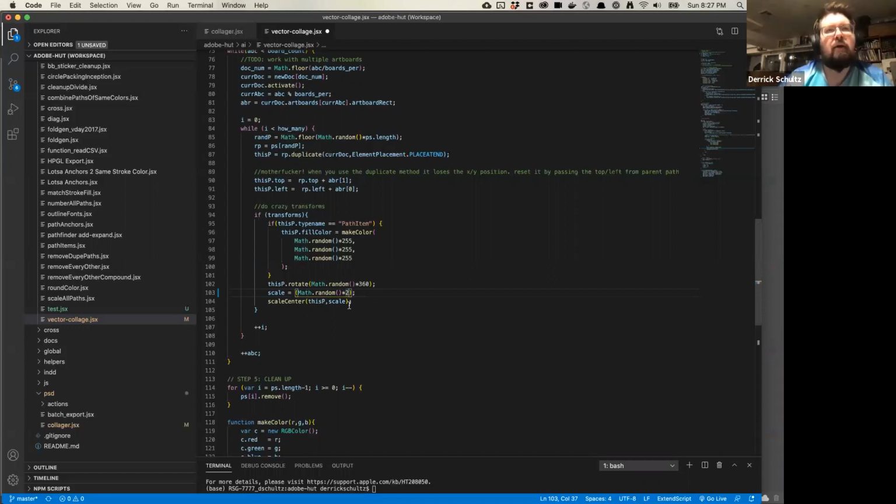If you want it to be, let's say, between 0.5 and 1.5, I believe what you have to do is... sorry, it's like one... I forget, there's math here to manipulate between a range. But yeah, you'd have to play with that. So there's a bunch you can play with in here to do more. And there's probably even more you can play with in this that I haven't even considered. But there's a lot of options.